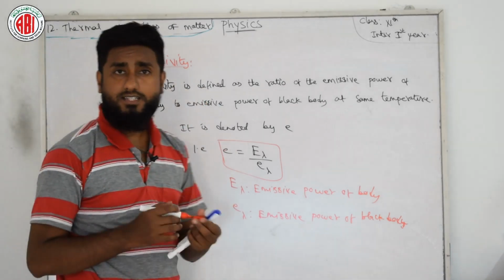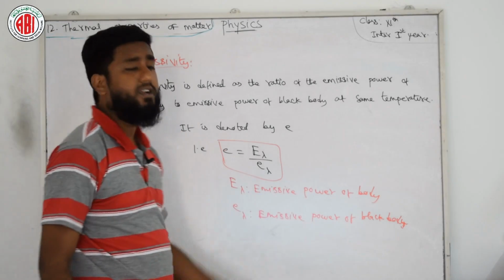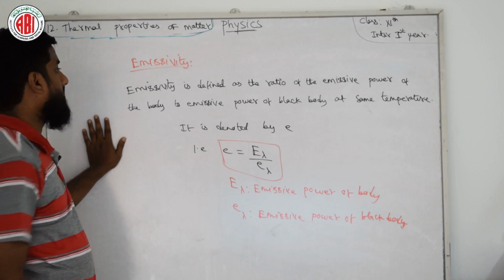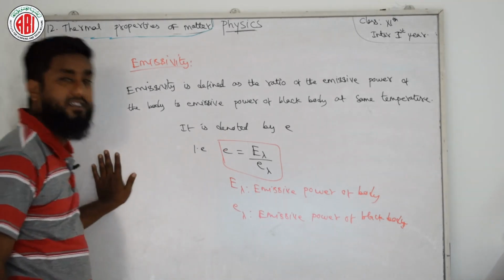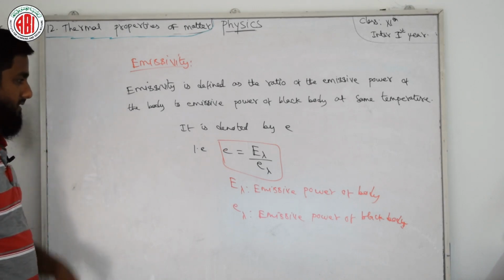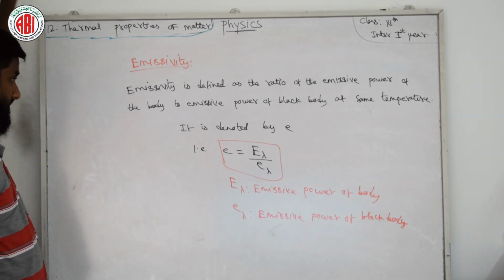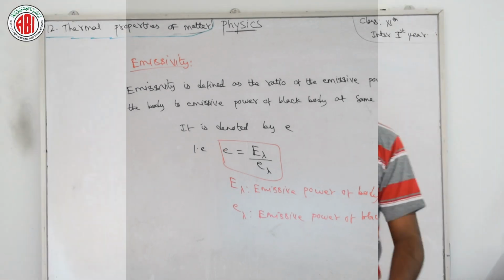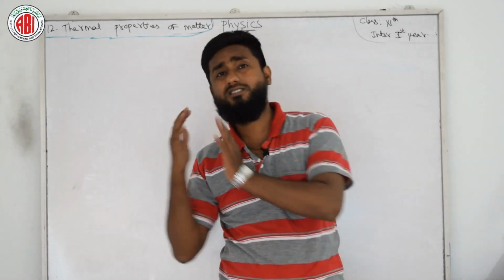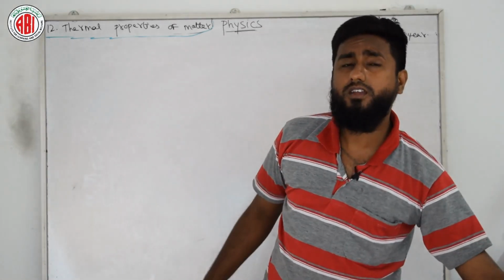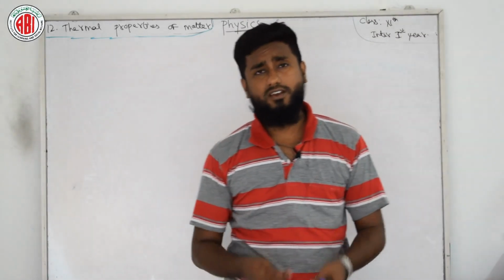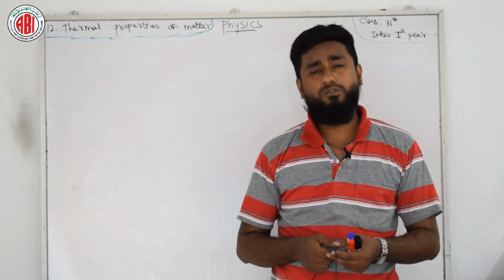Emissivity is defined as a ratio between emissive power of body and emissive power of black body. Simple and fine. I am standing a few seconds here, you can copy down and remember also. This emissivity is a concept that usually has a vast topic, emissivity and black body, in higher level physics like BSc physics and engineering physics. As of now, just remember a small definition related to emissivity.